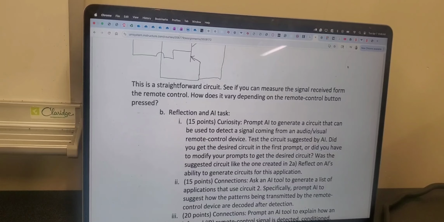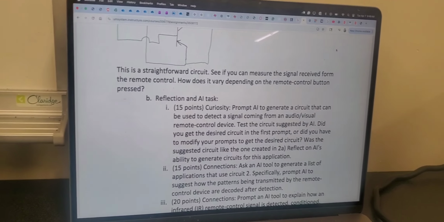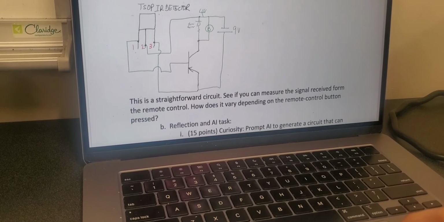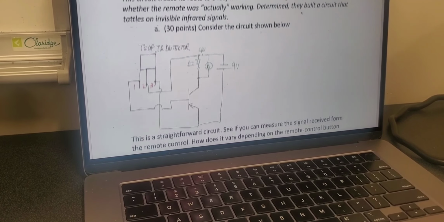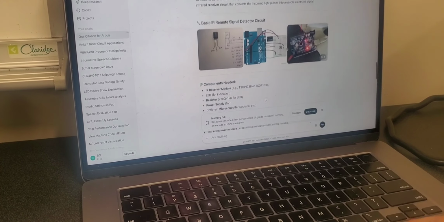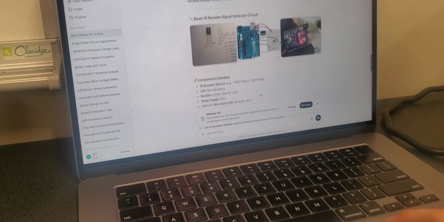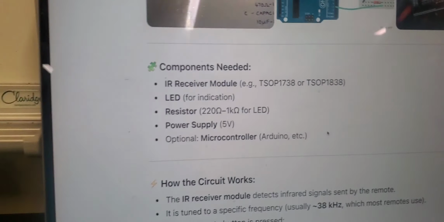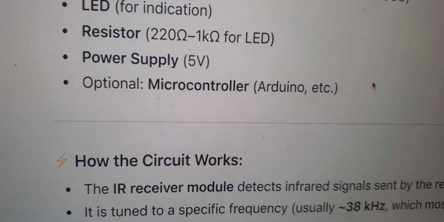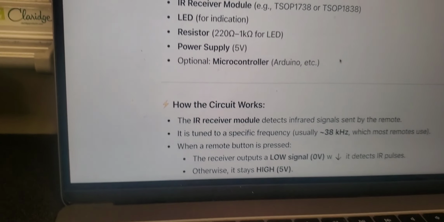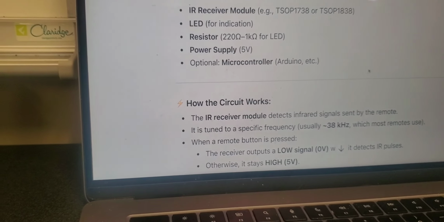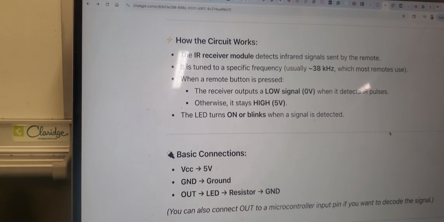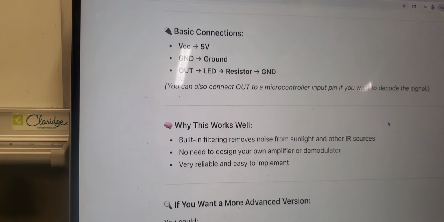This is Fun with Electronics, Project 6, Part 2BI, where we ask AI to generate an IR detector circuit. So here's a prompt, and then here are the components that ChatGPT gave out. Since the microcontroller is optional, I decided not to include it since that's too complex for me at the moment. And it explains how the circuit works, the connections,